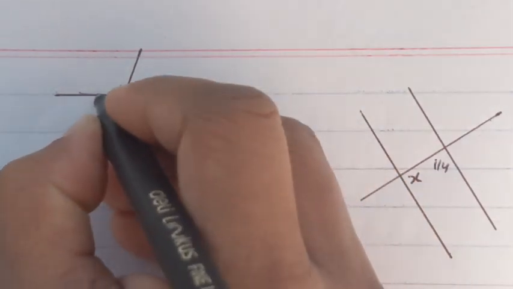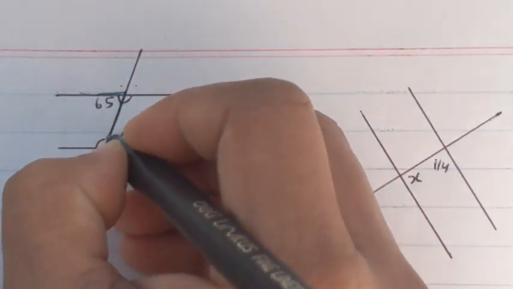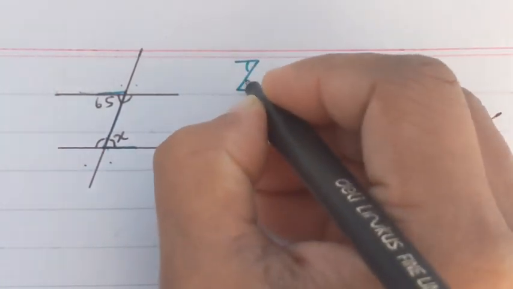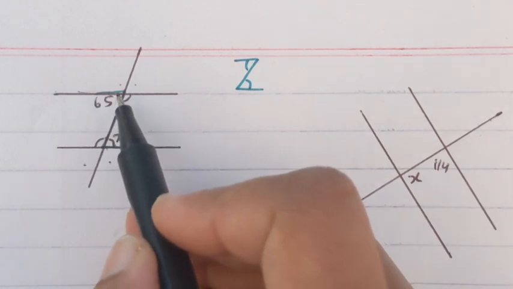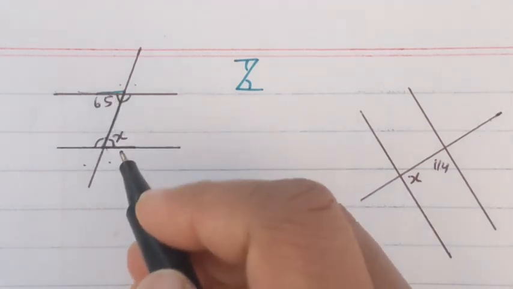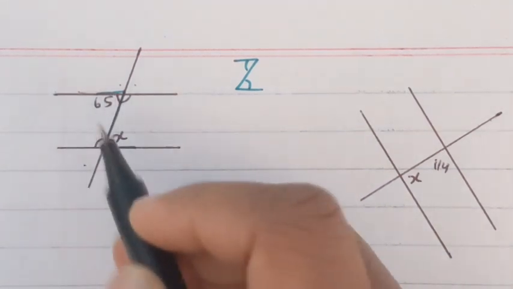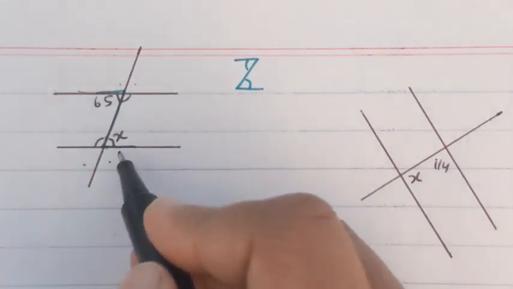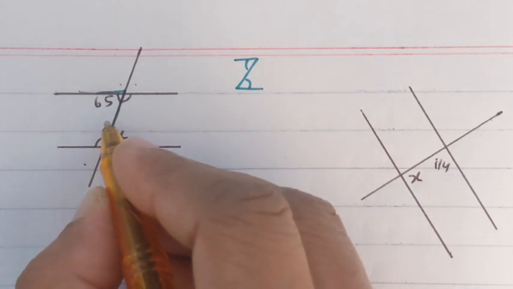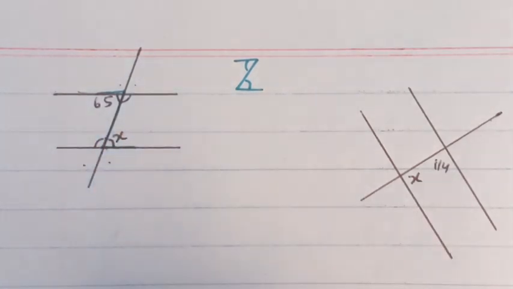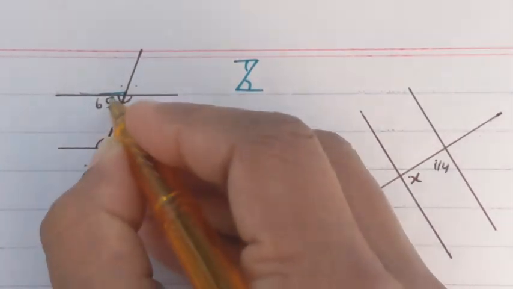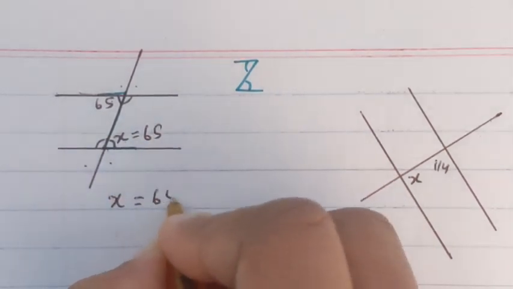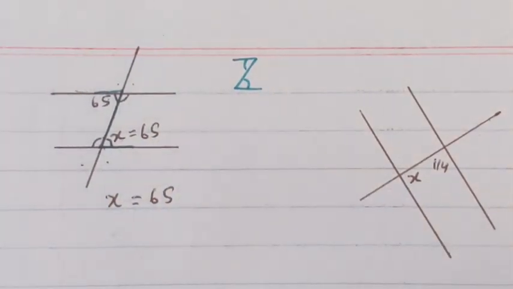So when we talk about angle 65 and angle X, you will find there is a Z formed. Whenever the letter Z is formed between the two parallel lines, with two angles such that one is on the left side and the other is on the right side of the transversal line, then the two angles are said to be alternate angles, and alternate angles are always equal to each other. So if this one is 65, this angle is also 65 degrees. We use these properties to find the unknown angles.